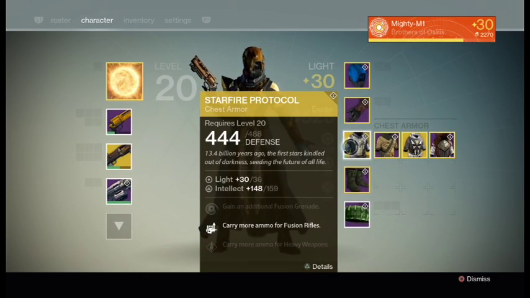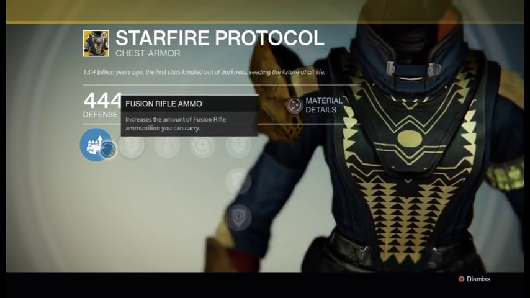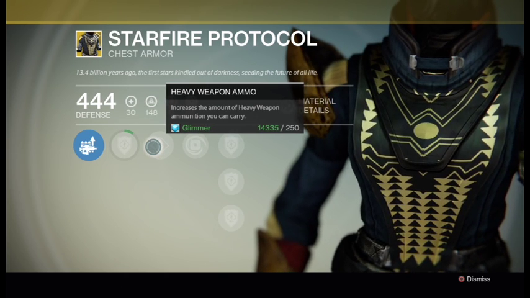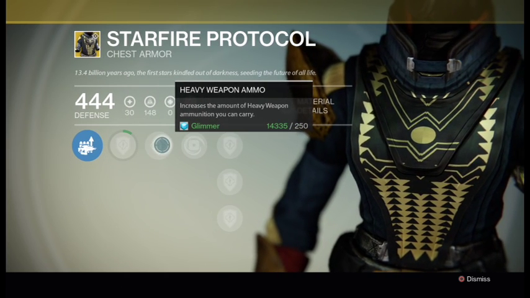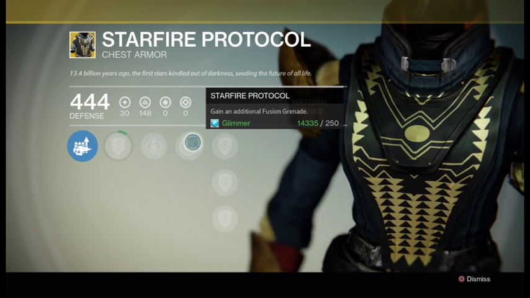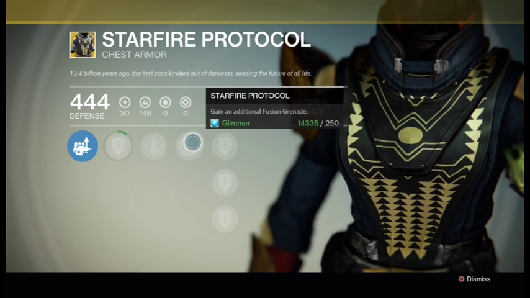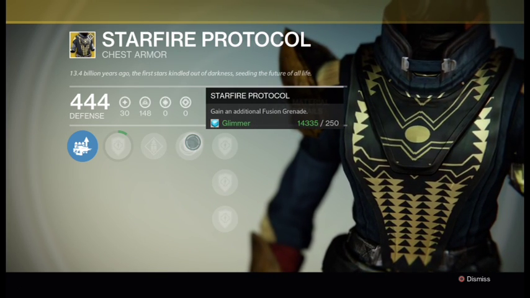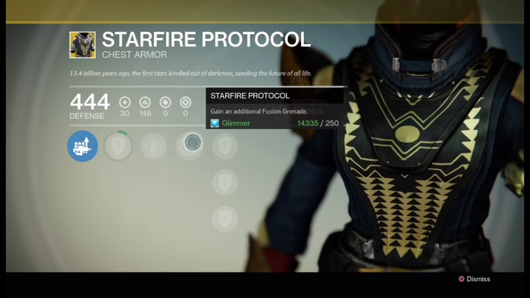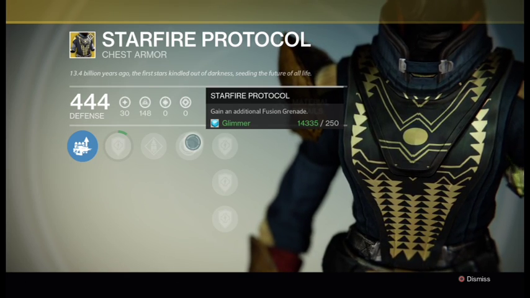Now, Starfire has a couple of neat things. Boost your fusion rifle ammo, boost heavy weapon ammo, which is very useful, good overall ability to have on your chest piece. But the unique perk with this is Starfire Protocol, where you gain an additional fusion grenade. Now, I'll be honest, when I saw it, I thought, sweet, I can have 3 fusion grenades now. It turns out that is not the case. It does not stack into 3 grenades. It only stacks into having 2 fusion grenades, which